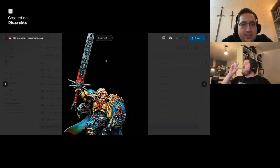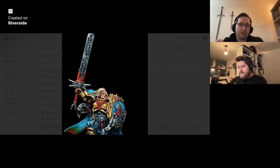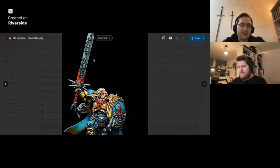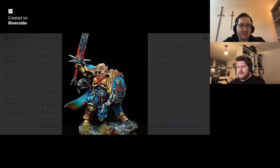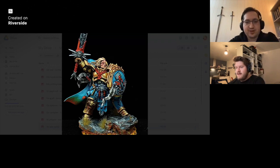Yeah, and I don't mean this in a negative way, but it's like a little bit of a dirty NMM, and it really works. Yeah, it gives the illusion of a grimy, gritty sword, and I like that. It nails it perfectly, in my opinion, because you can also see the NMM on the armor and stuff. It also looks gritty. And I like it. Yeah, definitely. I don't like polished metal. I like it when it's gritty. You're all for that grimdark